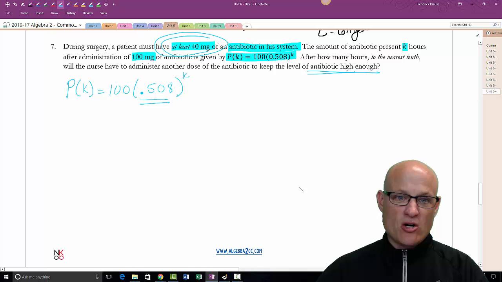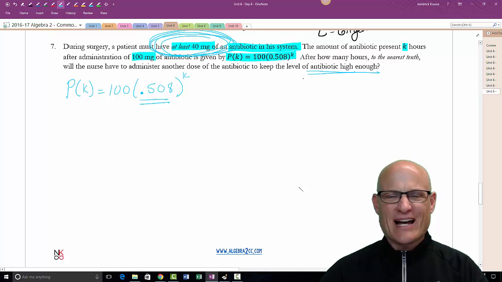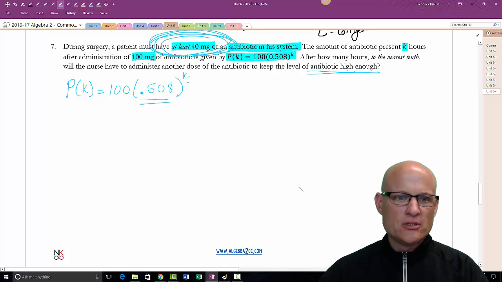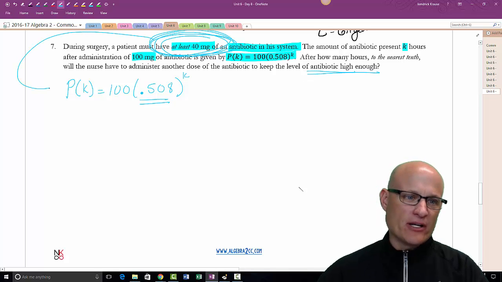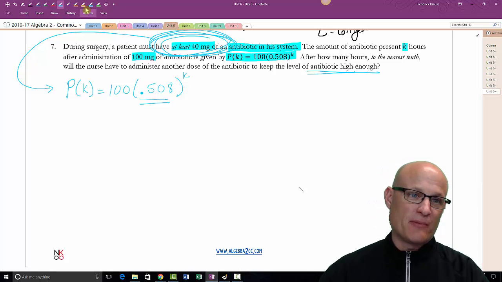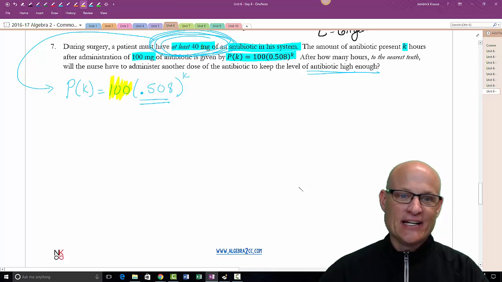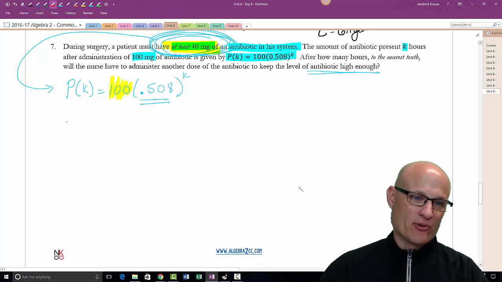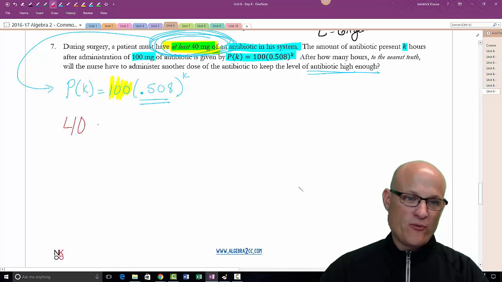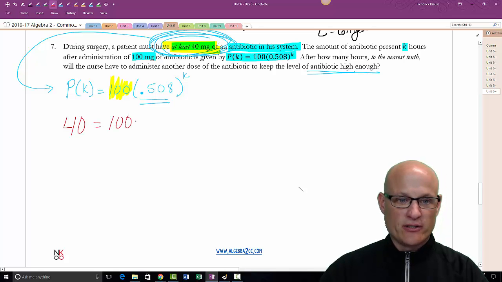So we know if it falls below 40 that we have to give them another dose. So the final amount is going to be 40. It's decay. It starts at 100. Remember, this is my principal amount right here, and it's decaying. So when it gets to 40, it's decayed enough and I have to give them some more. So my end number is going to be 40. So 40 is equal to